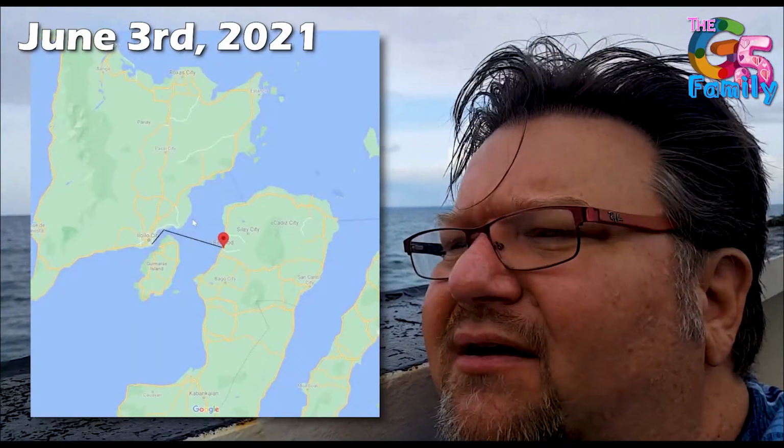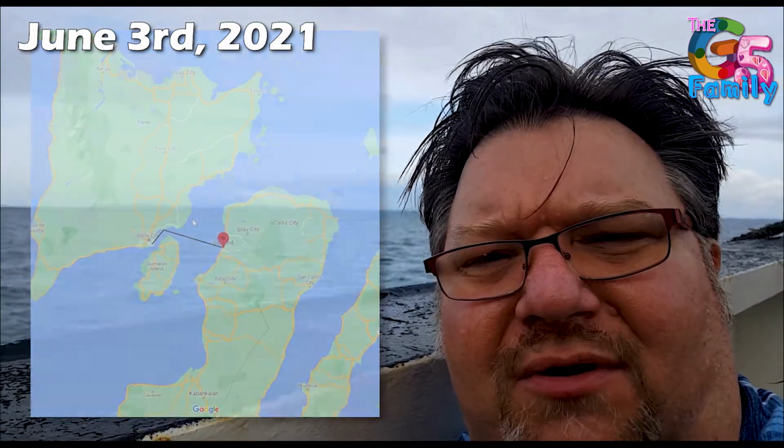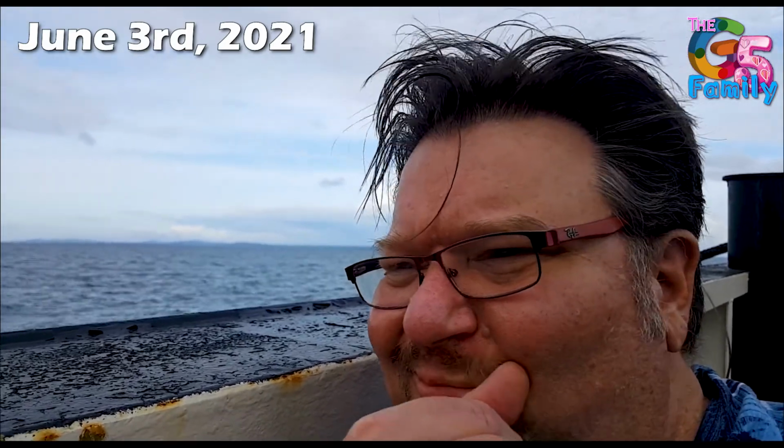Well, here we are. We're traveling between Bacolod City that way and Iloilo this way. It's about an hour and 45-minute ferry ride, and it is part of the trip to travel over to the Iloilo City Bureau of Immigration office. Hopefully this will be a one and done. It's possible, depending on how they want to manage the final visa stamp, whether I can leave my passport and documentation here and have them express mail it to me, or if they will want to me to come back for that piece. So